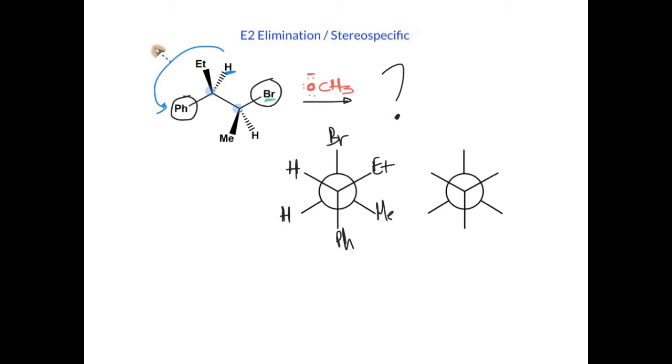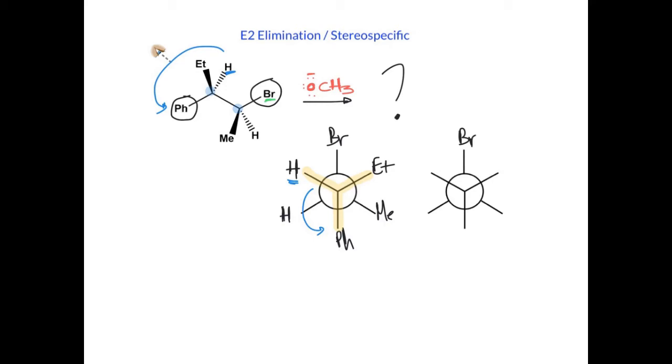So what we can do is highlight the front carbon, and this will give us a better view of the back carbon. As far as we have to bring this hydrogen to the anti-coplanar position, this is the beta hydrogen, we simply need to rotate the front carbon in order for the hydrogen to come in the position of the phenyl. So if we rotate the front carbon keeping the back carbon stationary,